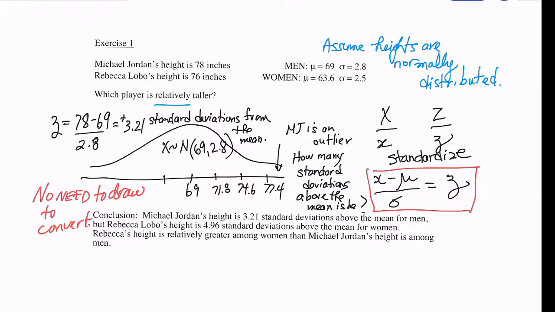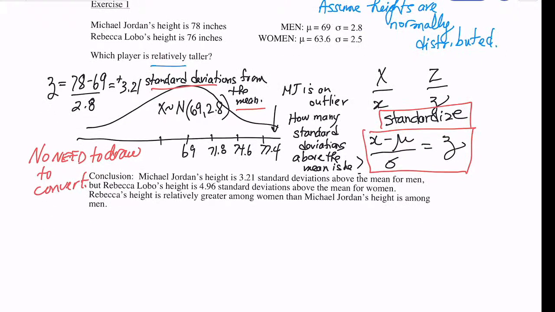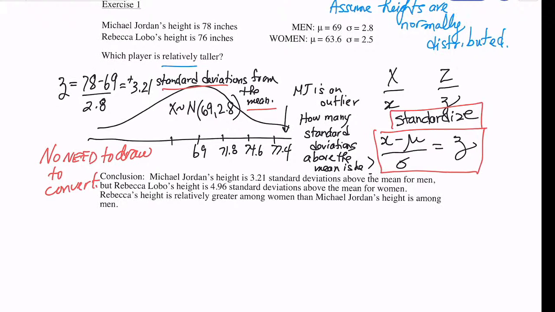And then because I've standardized them and they're both relative to their own mean, I can compare them. Do the same for Rebecca Lobo. Michael Jordan is an outlier and he's 3.21 standard deviations above the mean. What about Rebecca Lobo? She is